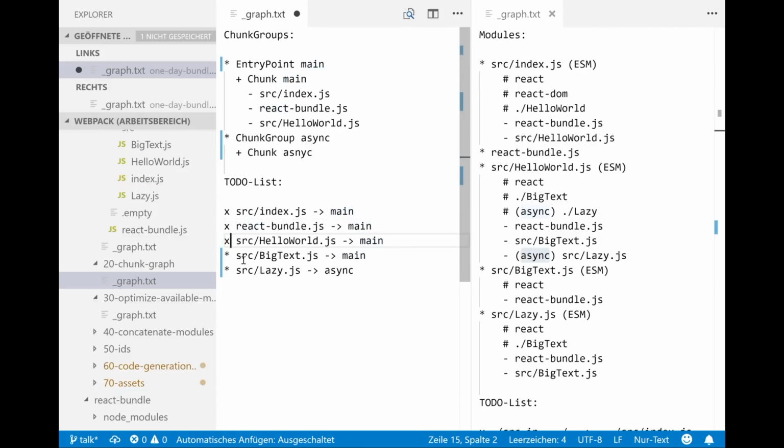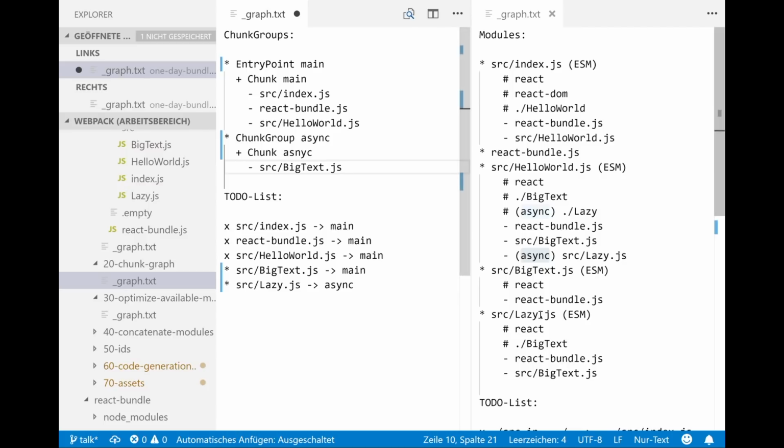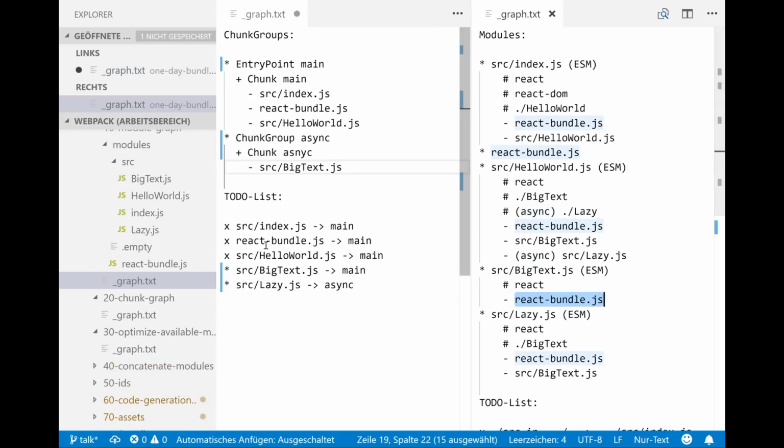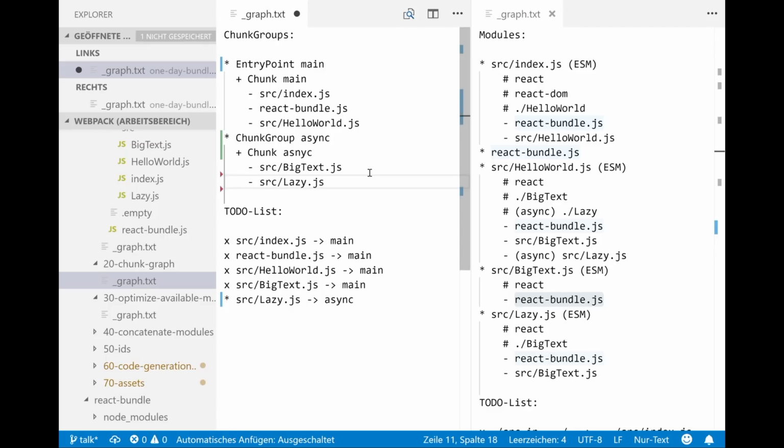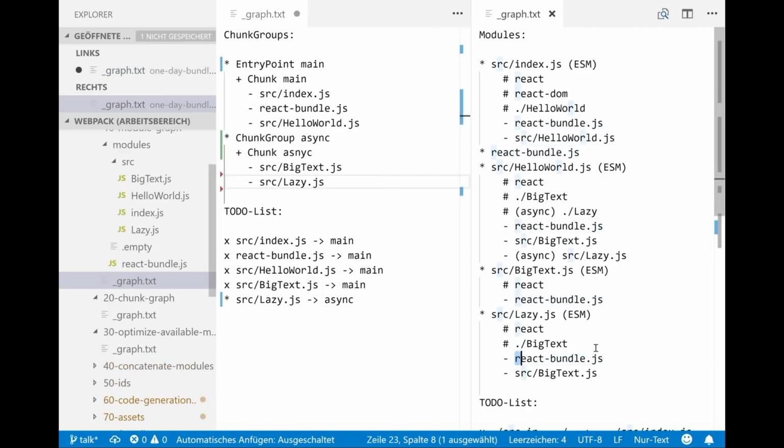We add big text to main. Big text has no dependencies. Oh, it has dependencies, React bundle, but this is already done in this task, so done. Now we add lazy to async, the same scheme. Lazy has dependencies, React bundle.